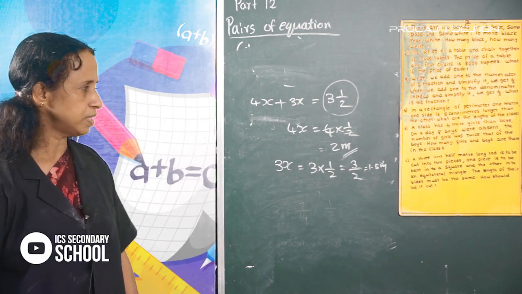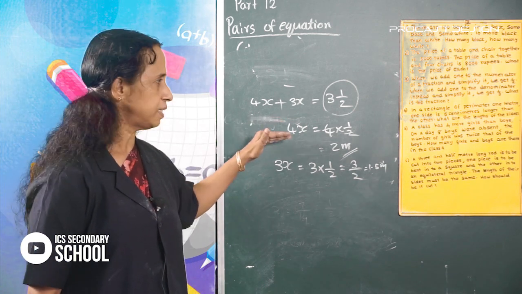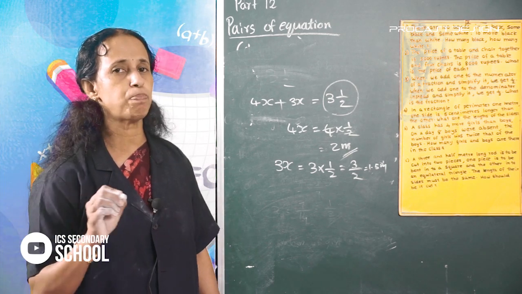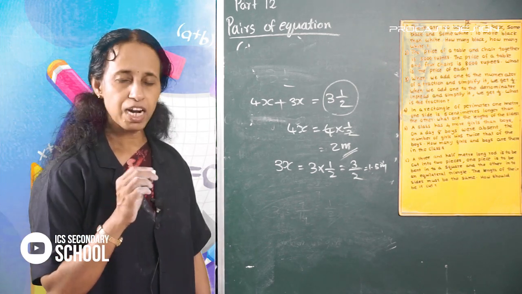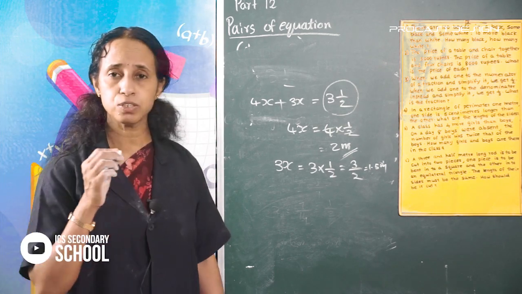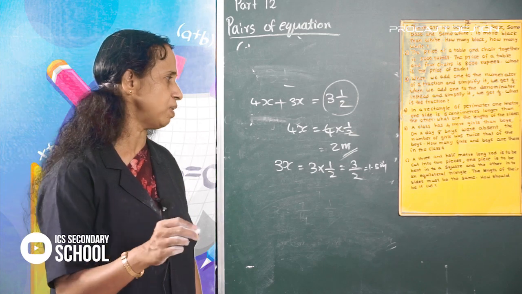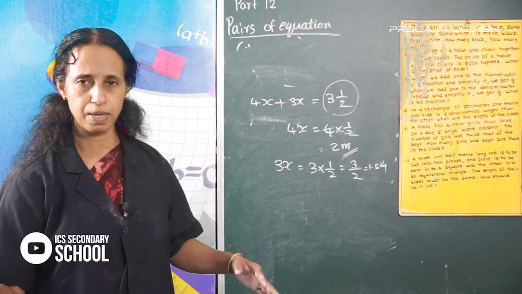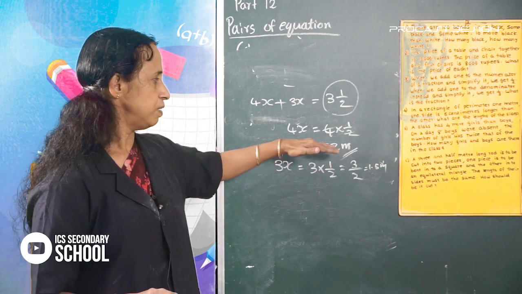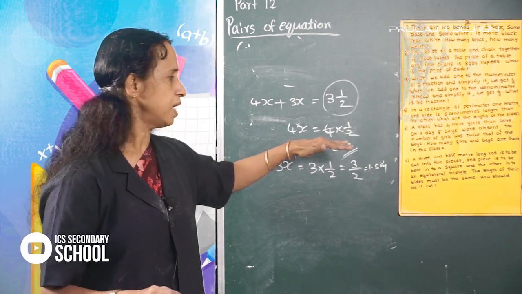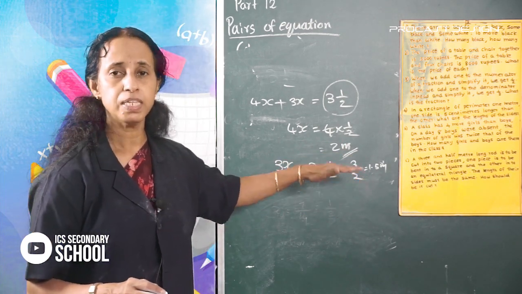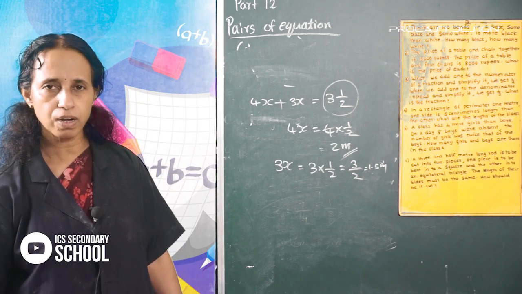Write this question and answer. The question: a 3.5 meter long rod is cut into two pieces. One piece is bent into a square and the other piece is bent into an equilateral triangle. The length of the side is the same. How should it be cut? The answer: the length of one piece is 2 meters, which is bent into a square, and the length of the other piece is 1.5 meters, which is bent into an equilateral triangle.